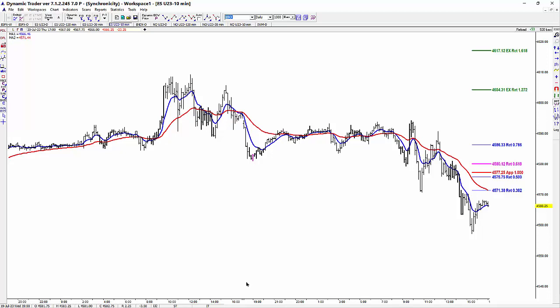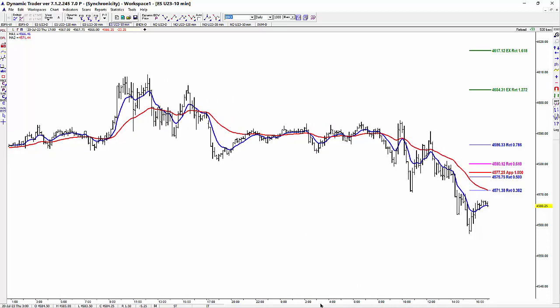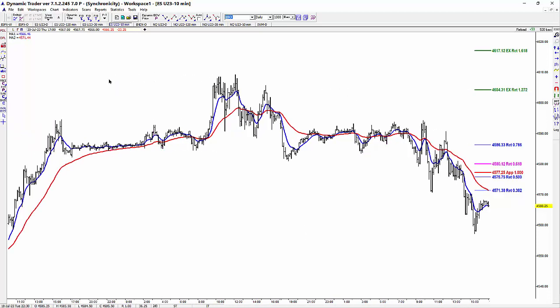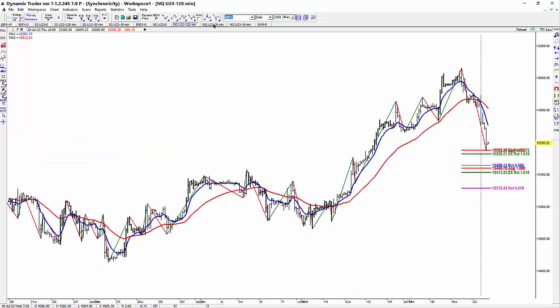It's on the colors that I use on the charts. Yeah, it's right there. So that answers that. But again, the trailing stops,